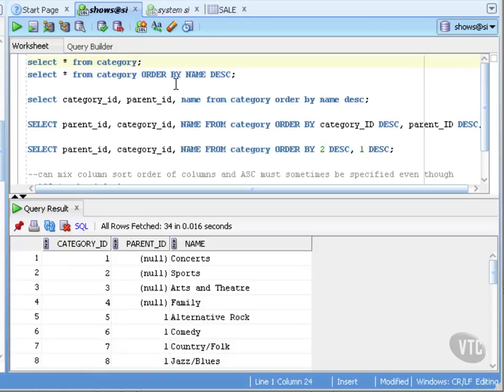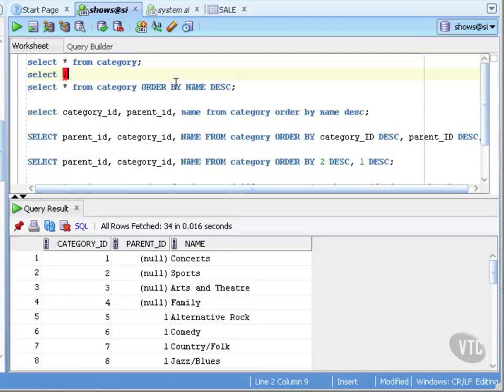It's not sorted in name order because the parent ID null values appear at the top, because that's the way I added the data. So now if I do select star from category and I order by name,